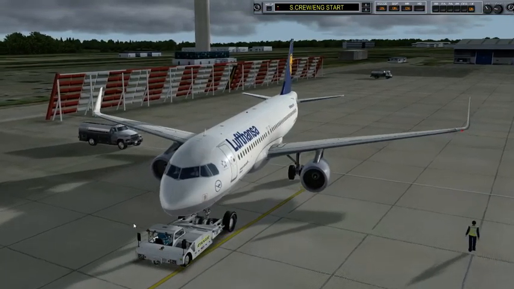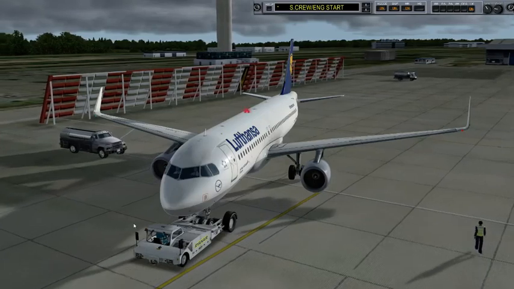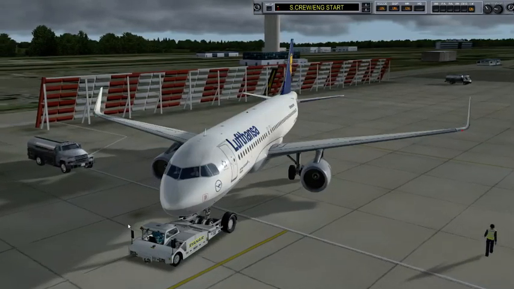123 decimal 8. Daylight 773, clear to Guernsey Airport. As filed, expect...